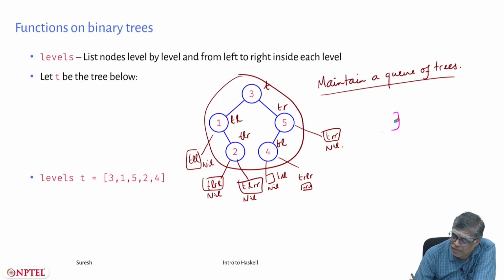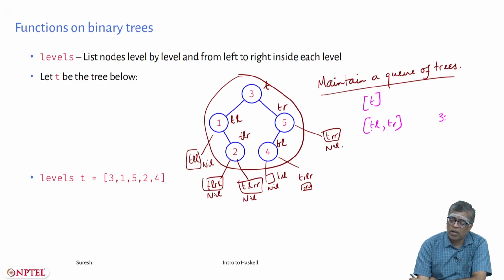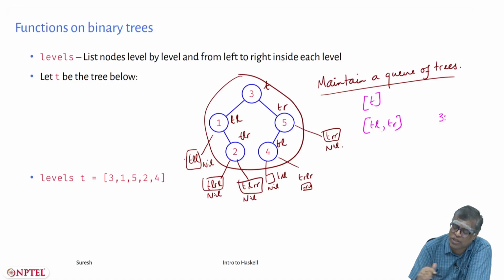So, I will write the evolution of the queue and what you will print. You start with this, then you will remove T from the queue and you will put TL and TR in that order. Meanwhile, you would have printed 3. Now, you have TL, that is the first element, you will remove that and you will put its left subtree and right subtree, but only if the subtree is not nil. So, you check the left subtree, it is nil, so you do not touch that, you do not go there at all. So, there is only a right subtree.